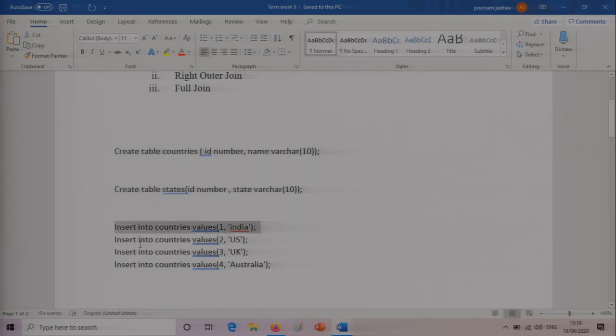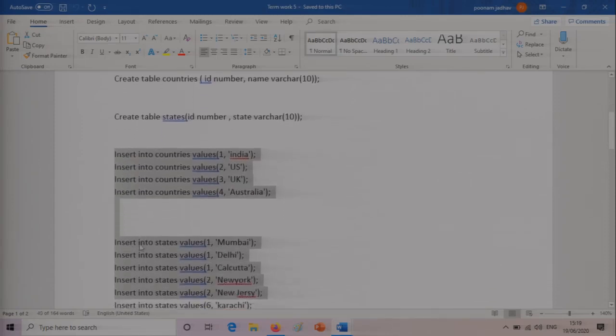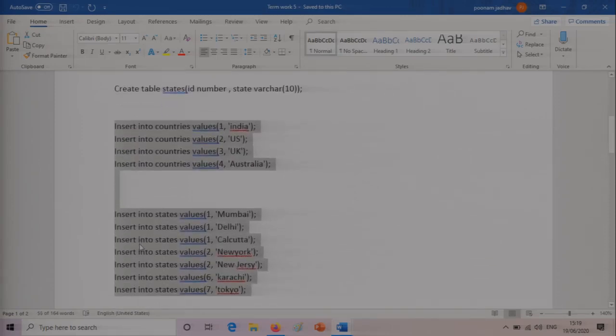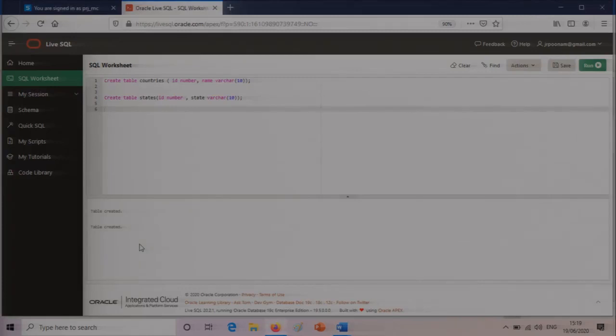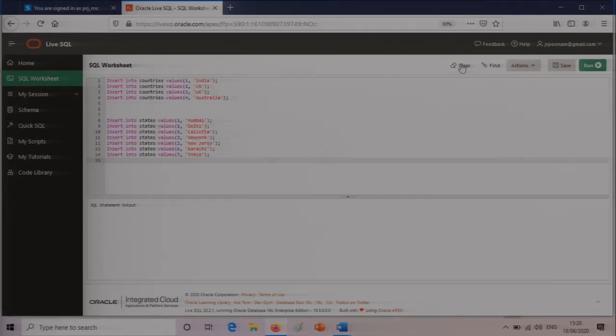I have kept ready the insert statements for the convenience of the lecture, because it takes time to write each and every query. However, you can practice either way. Either you write the queries in a notepad or a wordpad or a word, and then execute, or you can write them directly here in the SQL worksheet. Whatever feels comfortable to you.